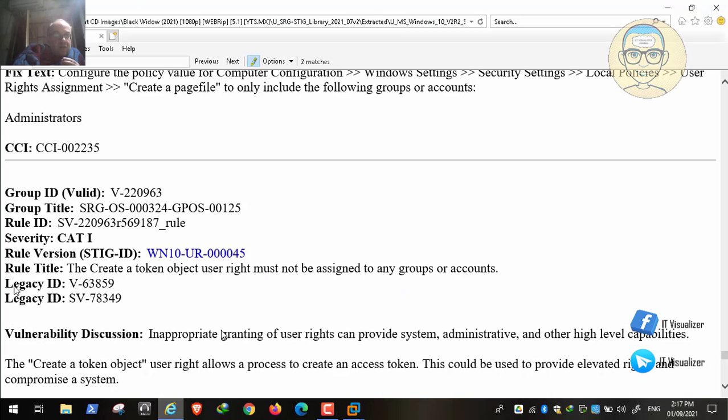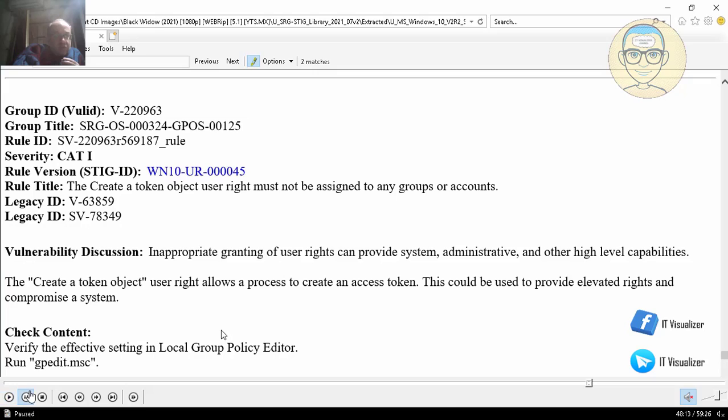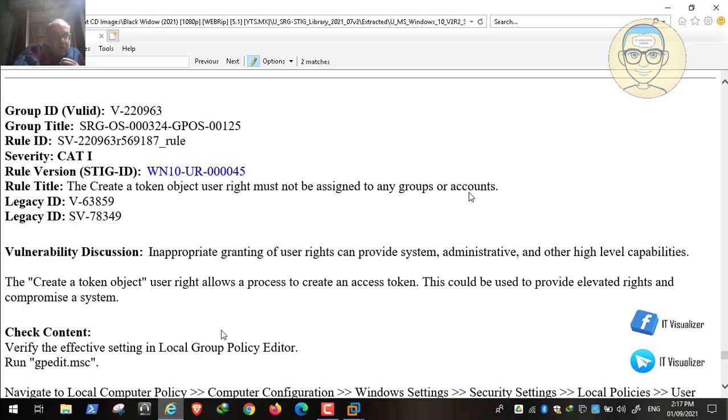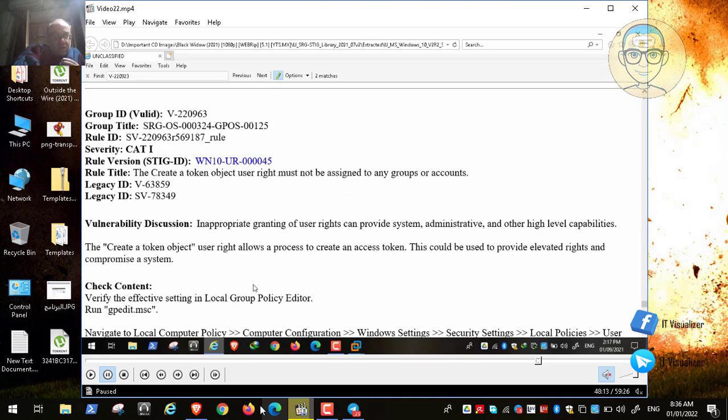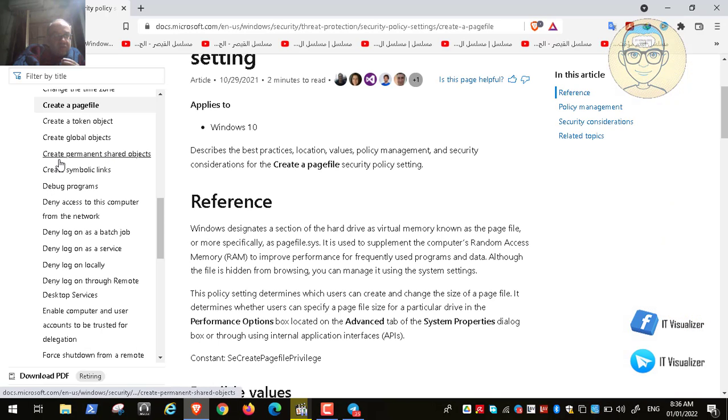Then the create a token object user right must not be assigned to any group or accounts. He's saying that this right allows the user to create an access token. This could be used to provide elevated rights and compromise a system. Let's see how this is described by Microsoft.